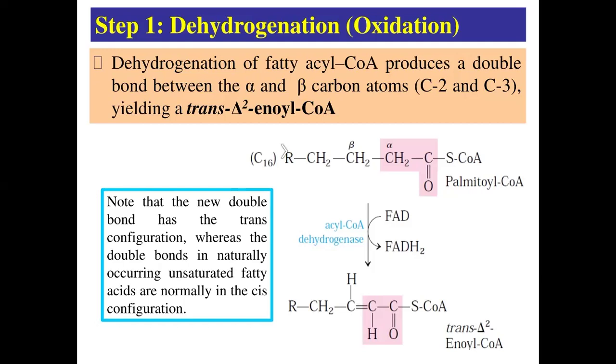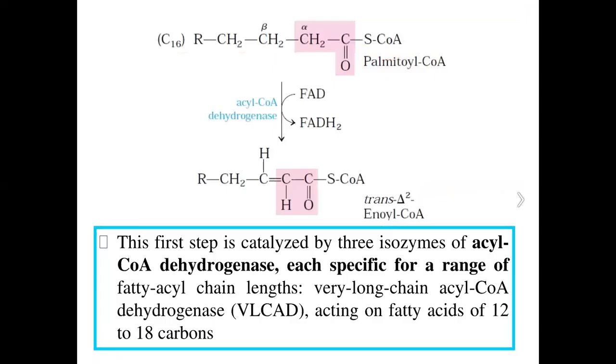So you remember palmitic acid was activated to be able to transport it to the mitochondrial matrix for oxidation as palmitoyl-CoA. Now, it undergoes what we call dehydrogenation, and this reaction is catalyzed in the first step by acyl-CoA dehydrogenase, which requires FAD to give us FADH2. Now, this is our product that is formed as trans delta 2 enoyl-CoA, and the acyl-CoA dehydrogenases actually have